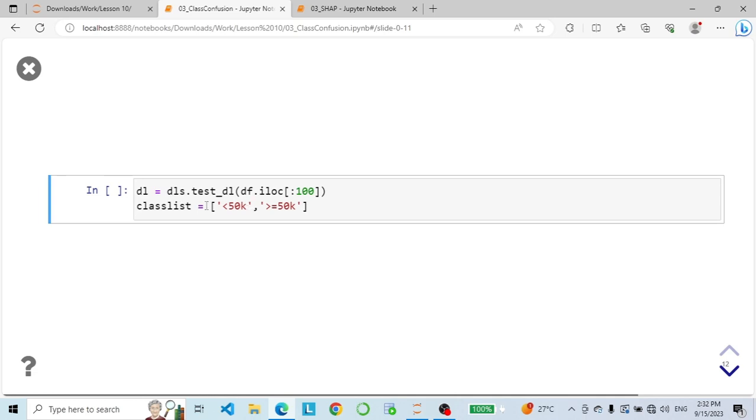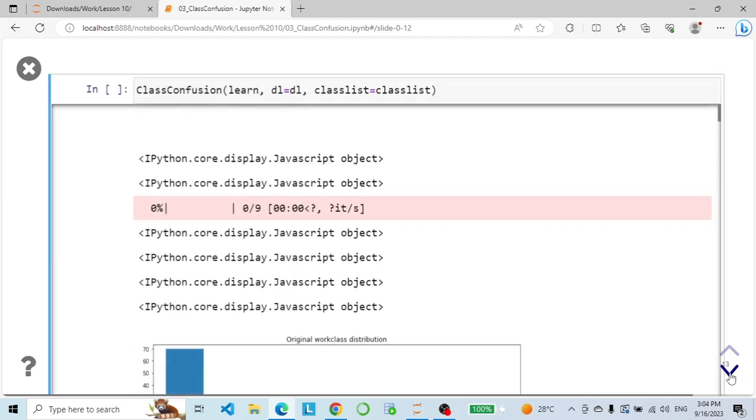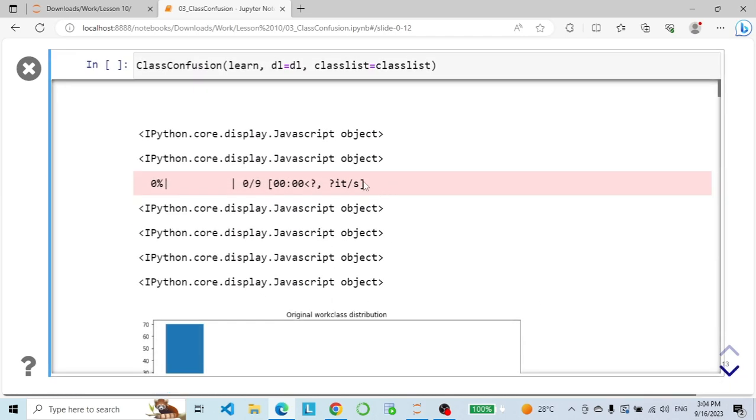So here we define our test data loaders to be the first 100 rows from our data frame, and then we define our class list. So first we have less than 50k, and then we have greater than or equal to 50k. Here we call ClassConfusion and pass it the learner, the test data loaders, and the class list that we have defined. First, let's take a look at how the workclass distribution of the misclassifications was different from the